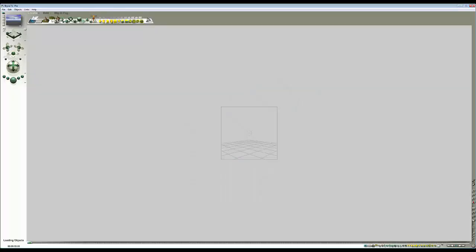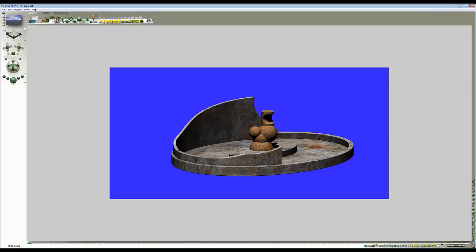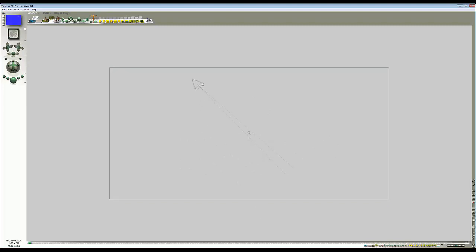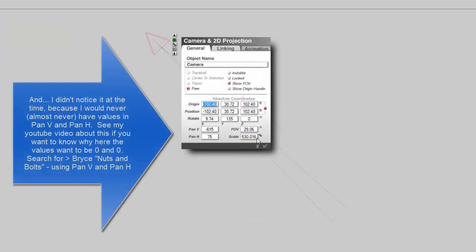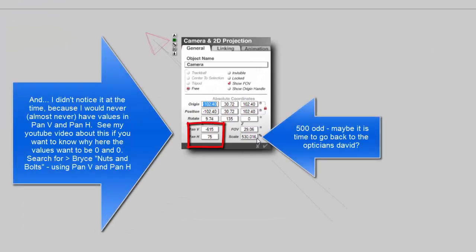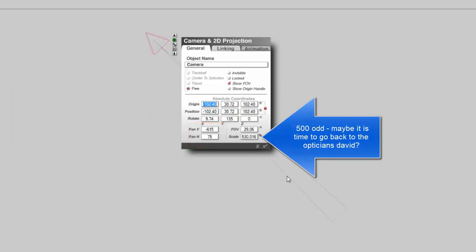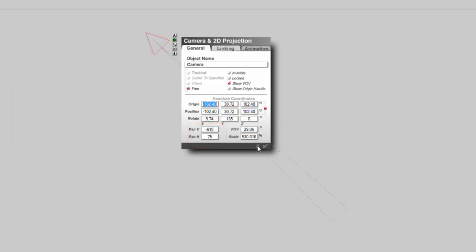It's going to take a little while to launch, I should have thought of that. Okay, so here's the scene. There's our object. I'll switch to the overhead view. Right, so we've got a camera here, and the angle is, okay, we've got a scale of 5,000 odd, so that must mean it's zoomed in quite a lot. So this is a very narrow camera angle, and not really representative of a real-world camera, so I think we'll